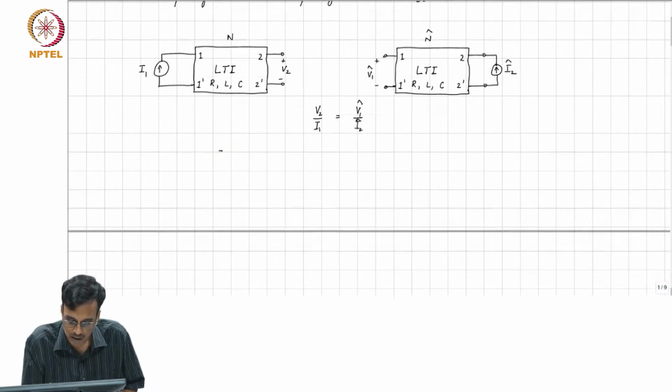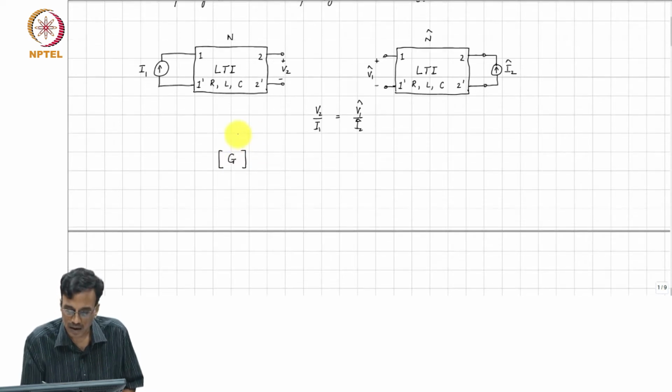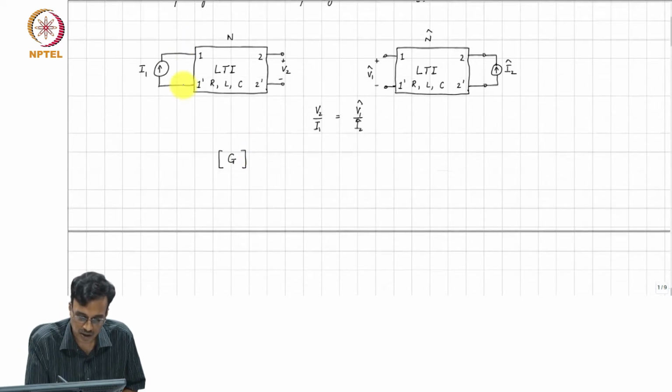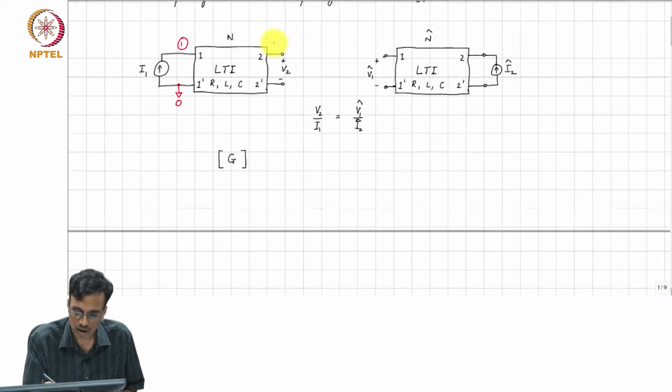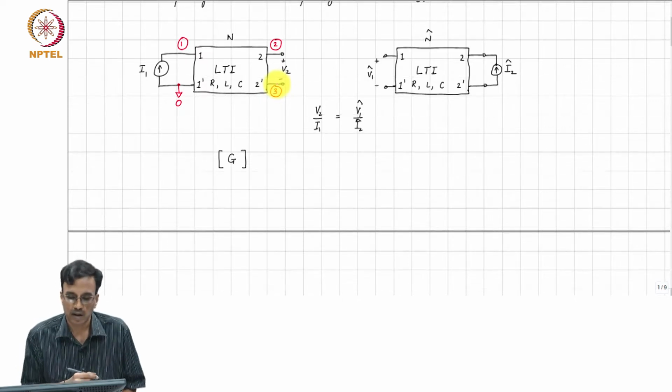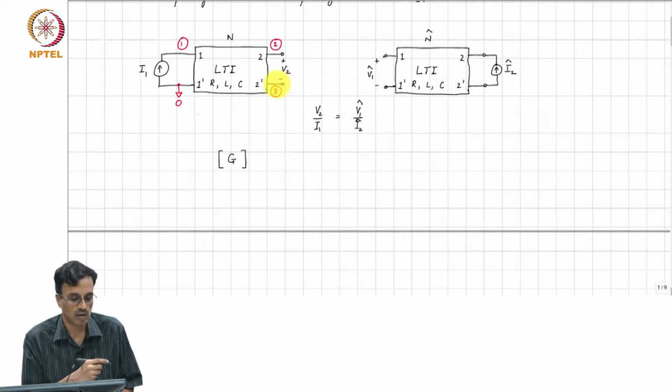Well, quick sketch of the proof. We wrote the G matrix of this network N, and then we are exciting it. We arbitrarily number the nodes. Say this was chosen to be ground. Any one of these nodes can be chosen as our reference. So, this is ground, this is node 1, this is node 2 and say this is node 3, and the first job is to actually find the node voltages inside the network.